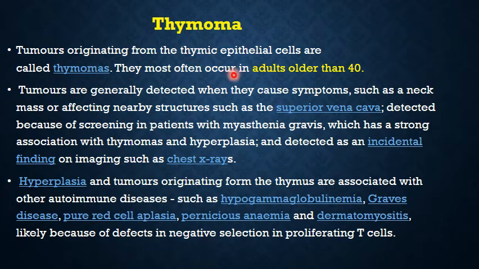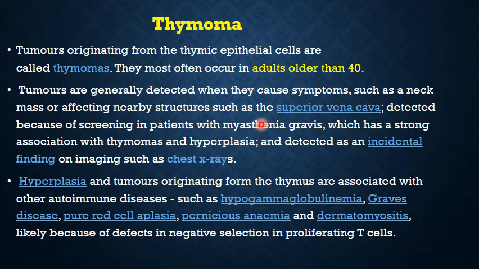Very often it develops in patients older than 40 years of age, between 40 and 60. Tumors are generally detected when they cause symptoms such as pressure in the neck, shortness of breath, or a neck mass, because the thymus is in the superior anterior mediastinum, so it will lead to pressure effects on nearby structures such as the superior vena cava, the esophagus, or a cough reflex because of pressure on the bronchi. Because it is anterior to the heart, it might cause the patient to feel heaviness in the chest,